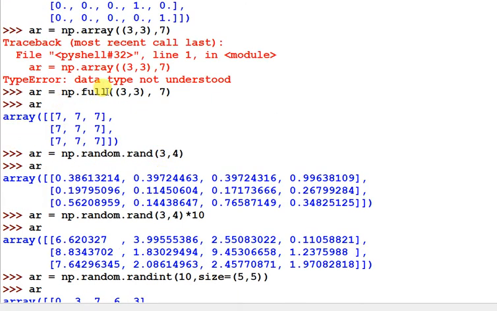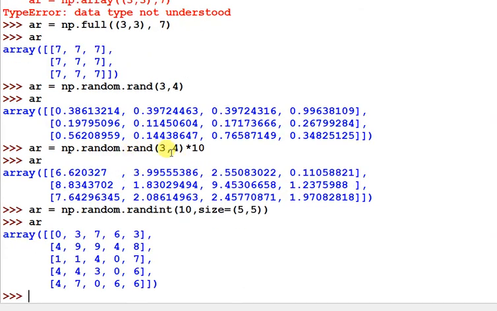If you want an array filled with some specific value, we can call np.full. If you want a two-dimension array filled with random values between 0 and 1, we can call this function. If you want random values in the range 0 to n, we can multiply this statement with the number n.